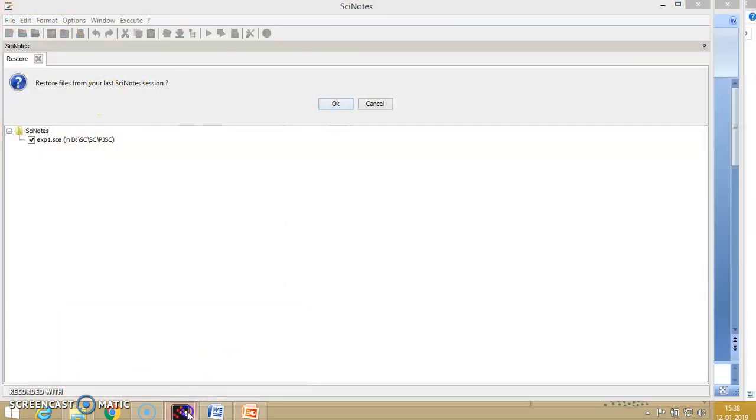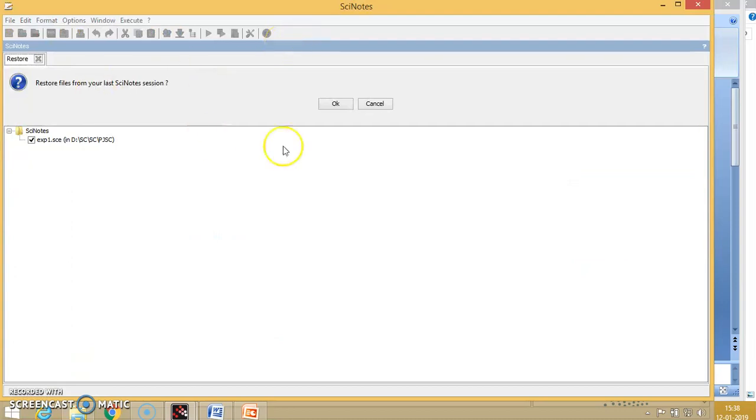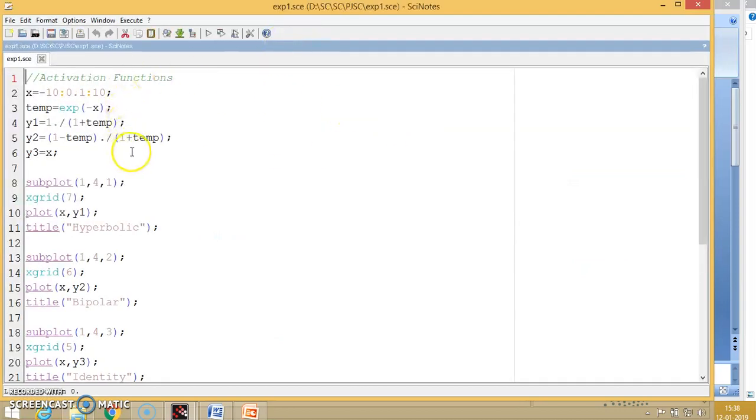This is how to open SciNotes. First the File menu is present, and below that Launch SciNotes. If you click on this, the editor will open. This is SciNotes. Our first experiment is on activation functions.